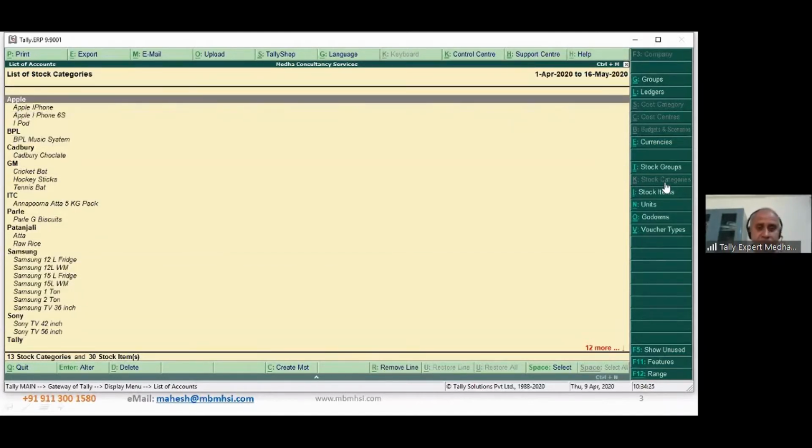How will this help me? For example, if I'm dealing with multi-branded products, when a supplier comes to me, I need to have this information saying how much of his products I'm storing. What is the value of the products I have in stock? How much Samsung stock is lying there which is more than 90 days old? Because when that salesman comes from Samsung, I need to negotiate with him, saying please take back all these products and give me a new product. For all this kind of analysis, we might require parallel categories for the stock item.